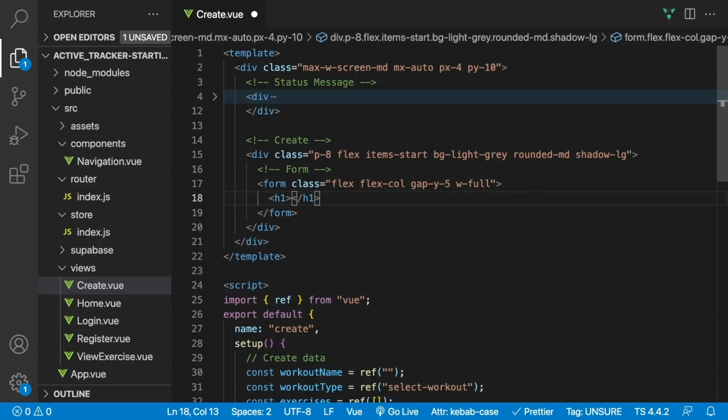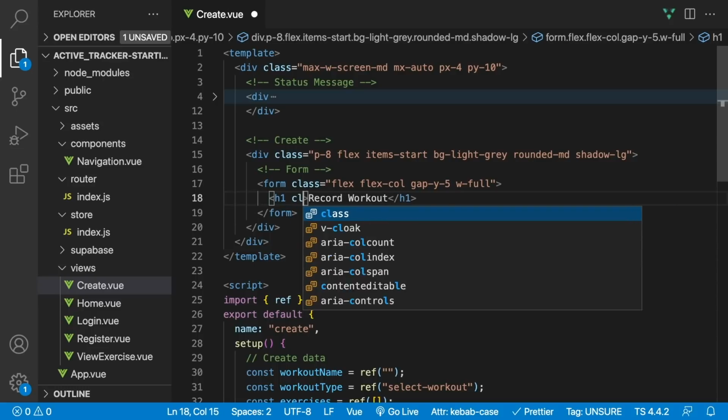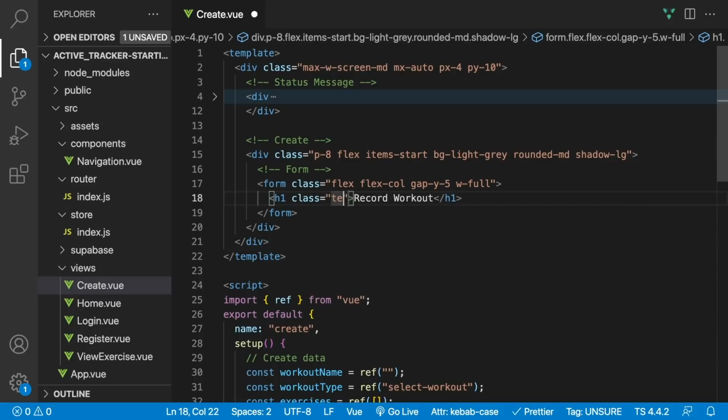Now inside of here we're going to have our h1 to start off with, so we'll do an h1, and then what we want to have this say is record workout, and I spelled that wrong as well, workout. And then we need to add a few classes to our h1 here as well, so we're going to say text-2xl to increase the size,